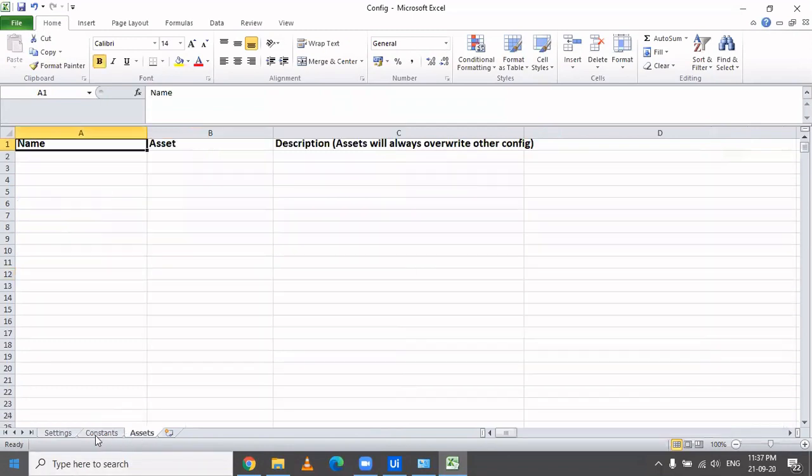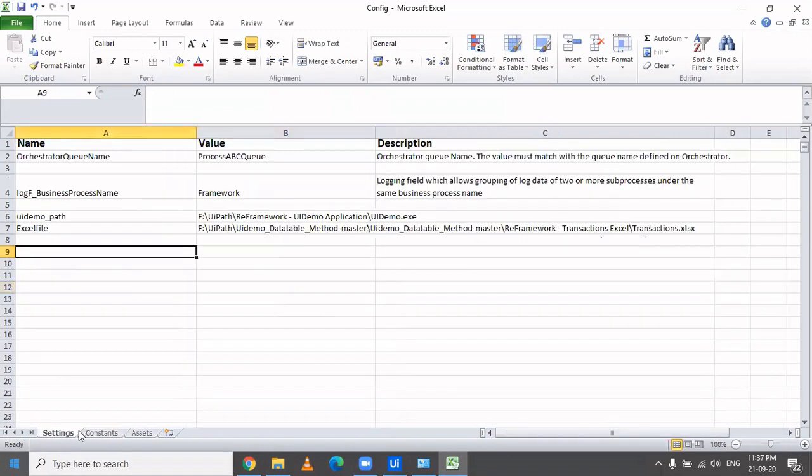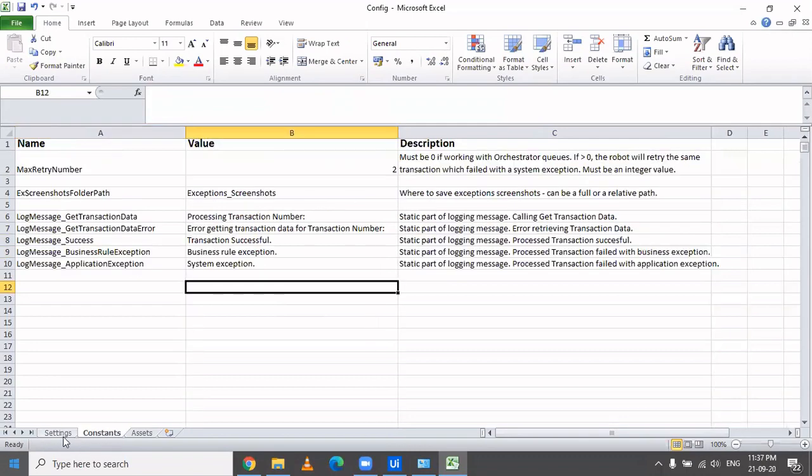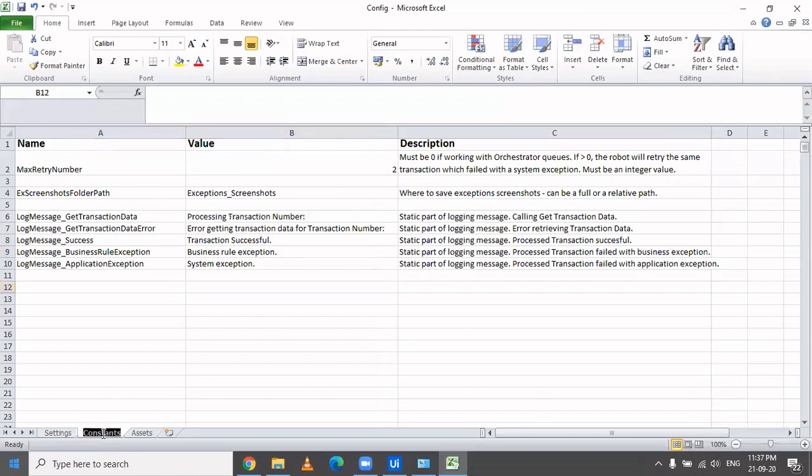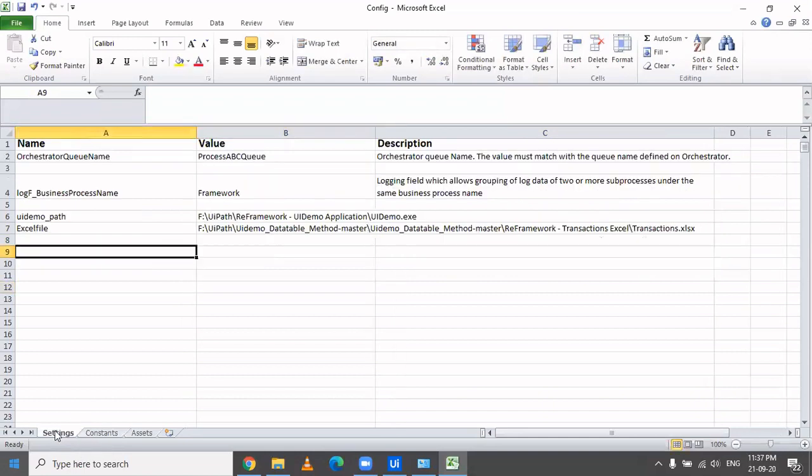Why are we making these three sheets separate? This is just a best practice they have introduced. Obviously, there is no hard and fast rule that if you make one sheet, your program would not run. You can rename them, delete them, create 5 sheets or 10 sheets.